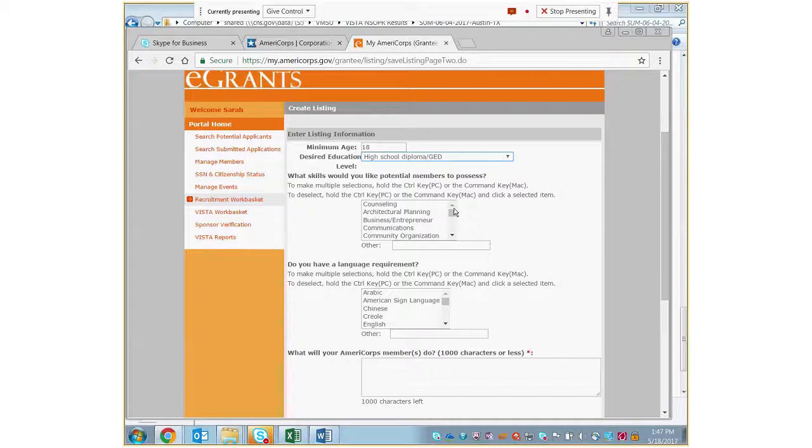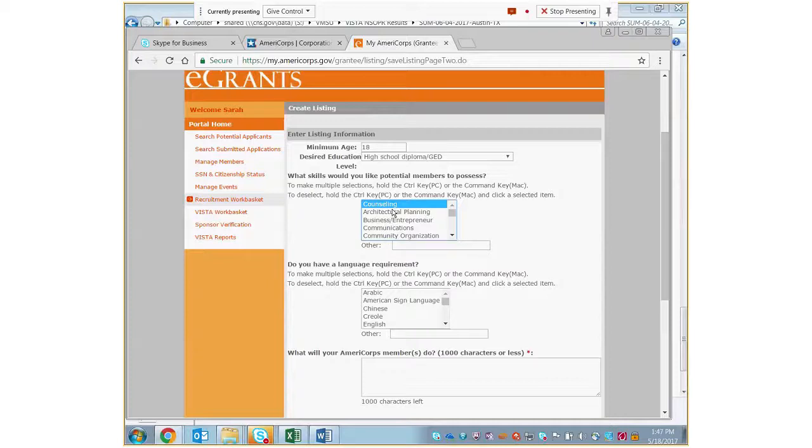I say shoot for the moon, so tell people all of the skills that you feel they're going to need to be successful. You can do that by going through this pick list here. Because members are not doing direct service, we don't want to see any direct service selections here.